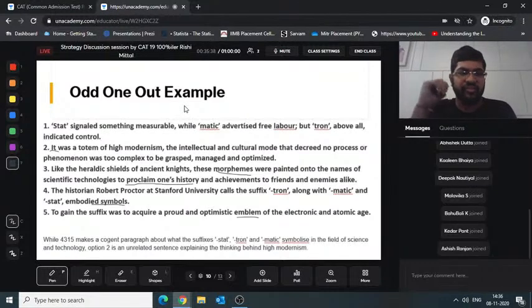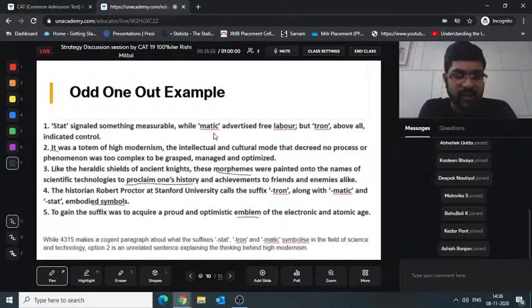Now I need to see where 5 fits in, if at all it is not the odd one out. But still, even now, I can't see number 2 fitting in anywhere, because of totem being mentioned, modernism, no mention of symbols or anything of that sort.